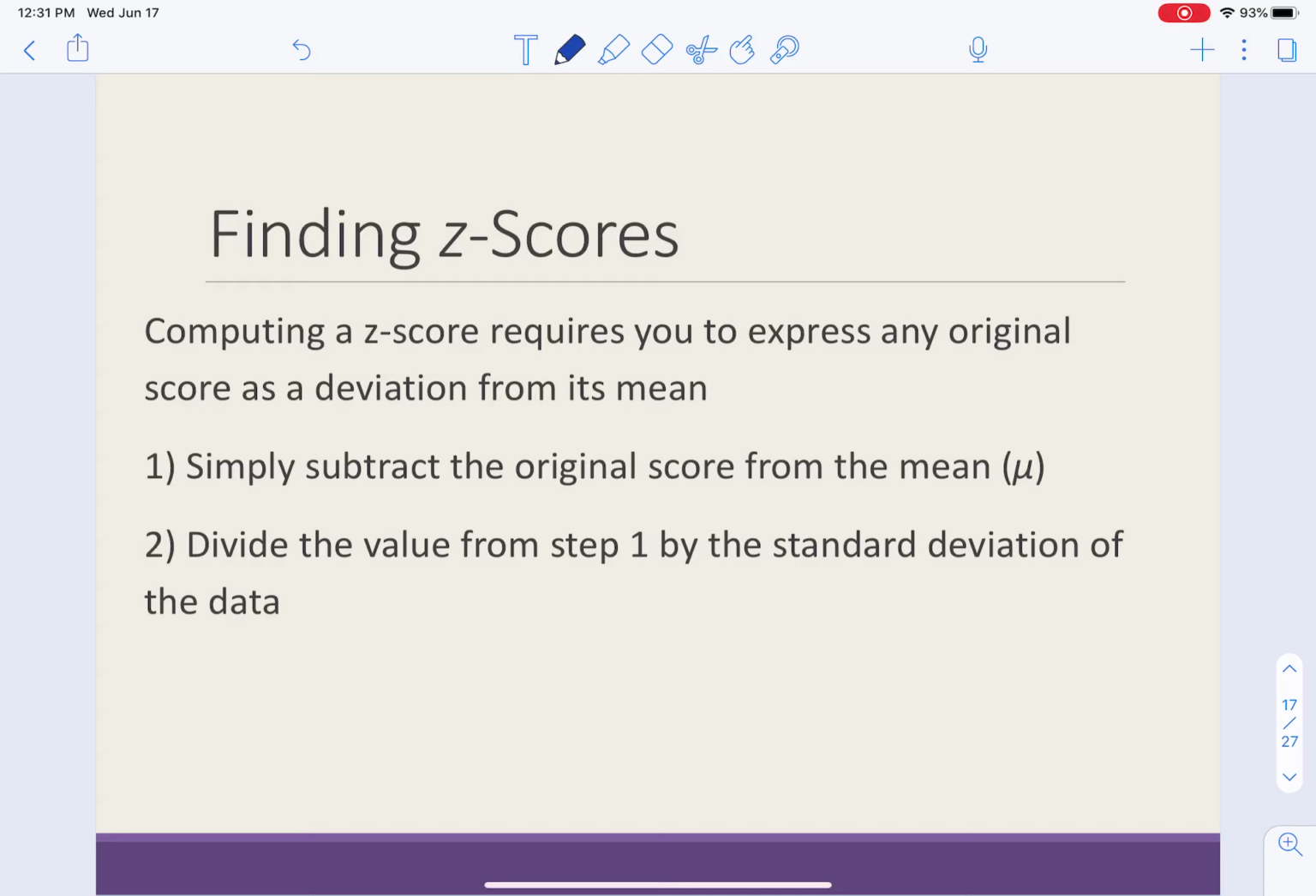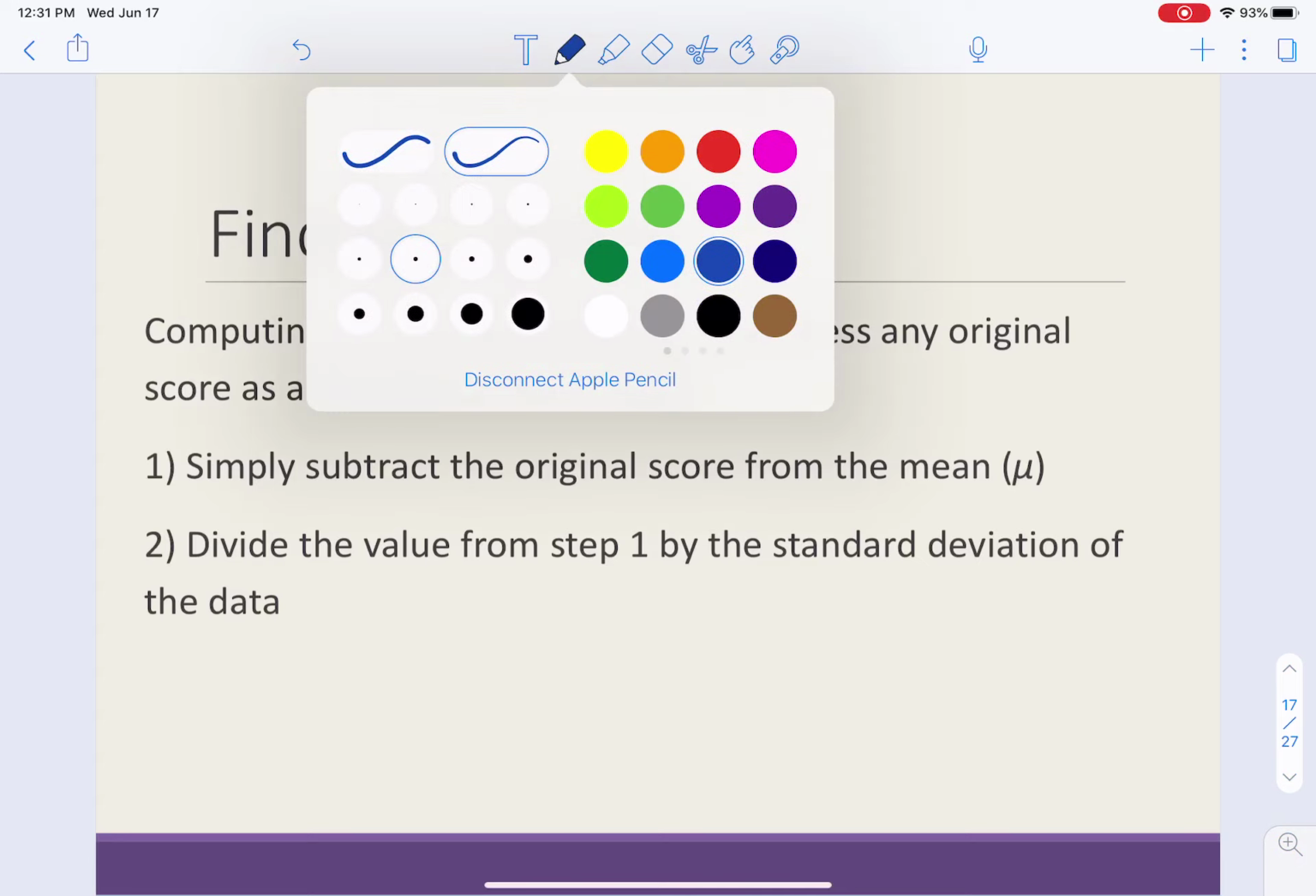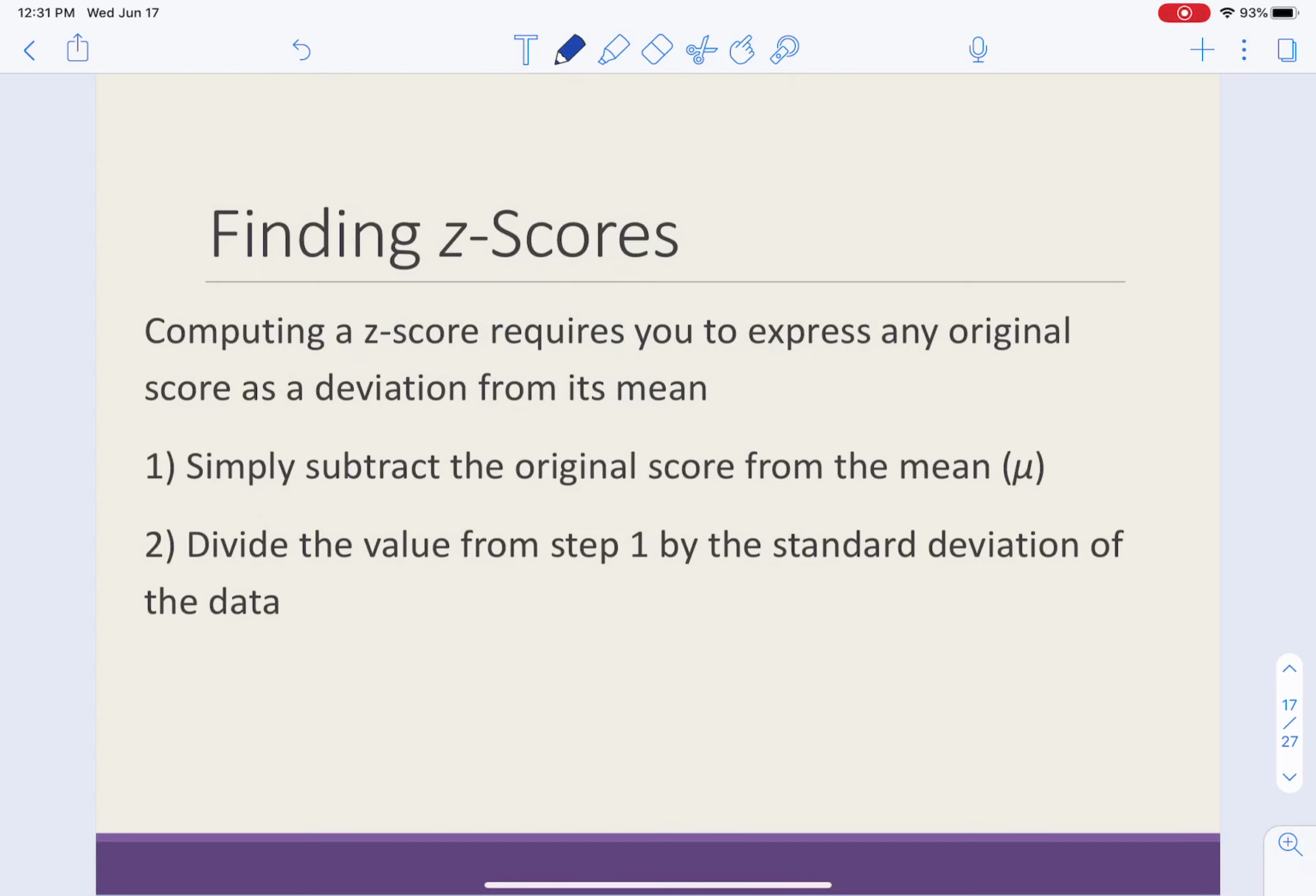Okay, so the idea here is actually not too crazy. It's not too crazy, I promise. But essentially what we're doing is we're just going to standardize things so we can have an easier time of comparing. So let's say that I took the ACT, and let's say that I got a 28,